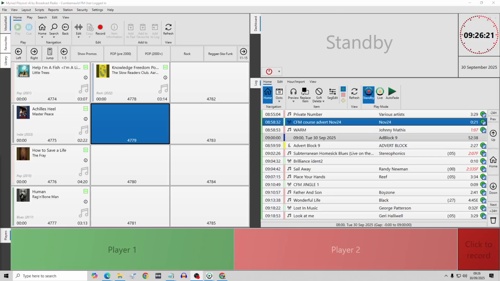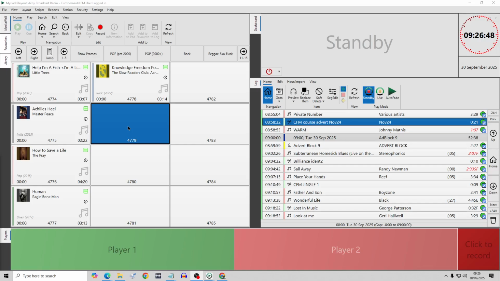So this video is about the proper procedure for importing songs, any tracks that you're going to import into Myriad, and they have to be imported properly or they won't have the right level. If you follow this procedure, the system will try to top and tail the tracks to remove any silences that shouldn't be there. Okay, so the first thing you do is find the correct category, and this is pop, and